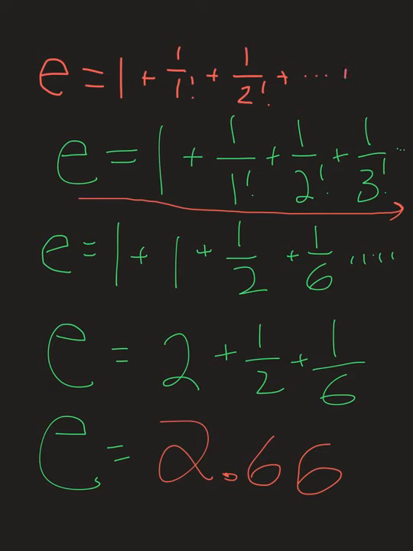I'm going all the way out to 1 over infinity factorial. So I think this red colored depiction of an infinite series of terms being summed together is an accurate representation of E,